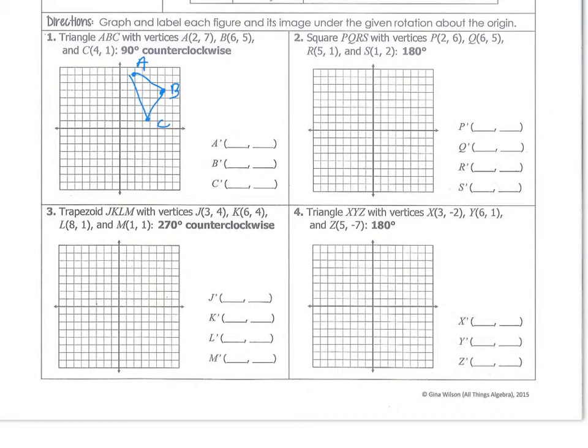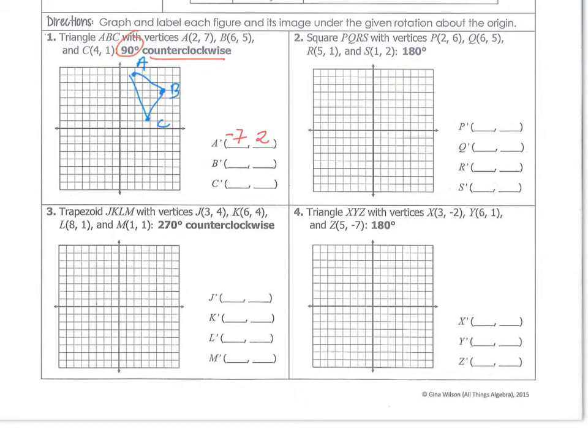So if we are rotating 90 degrees counterclockwise, against the clock, what happens to our x and our y? Remember, that means we're crossing the y-axis as we move counterclockwise. Look at your rules. They switch places, and the y changes sign. So as I move the 7 into the x position, I'm changing its sign at the same time. So my ordered pair for A becomes -7,